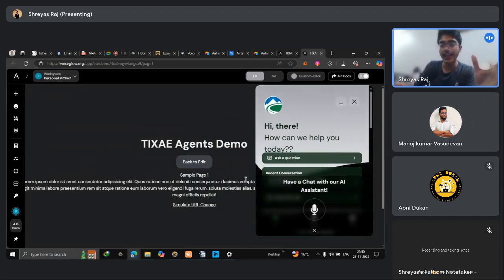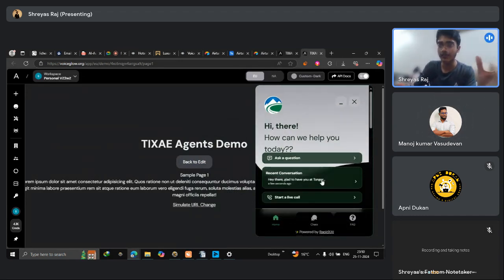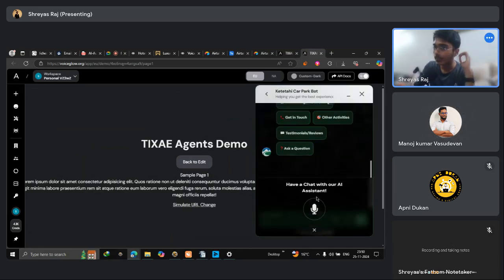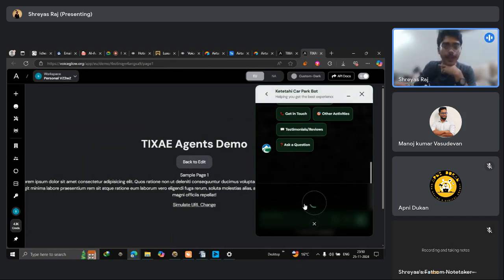And then you have a chat with AI assistant option inside the chatbot. So imagine having a chatbot and voice agent at the same time. If I click on start a live call, we click on that, and